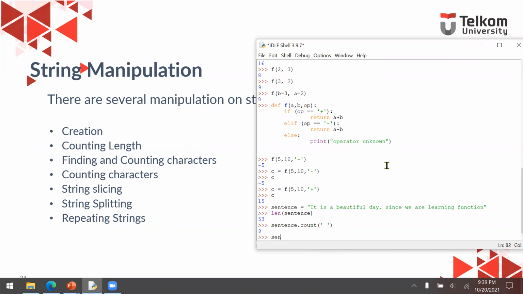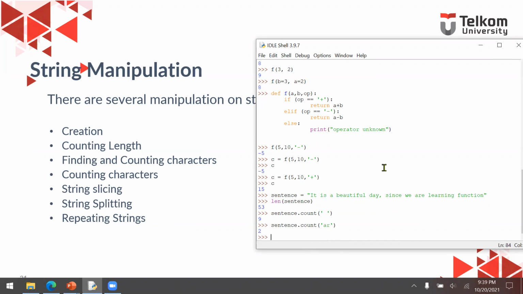So we can also use count, not just to count how many characters, but also a substring. For example, let's say I'm going to count how many substring A and also R inside the sentence. It says 2 because okay, we have one here and then we also have another one in here. Okay, now that's counting.